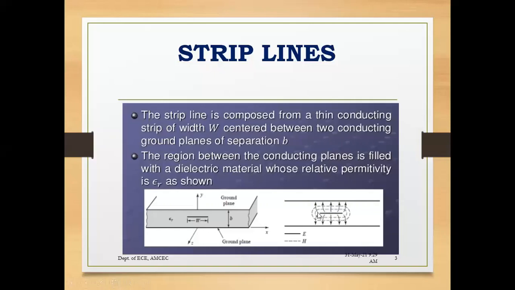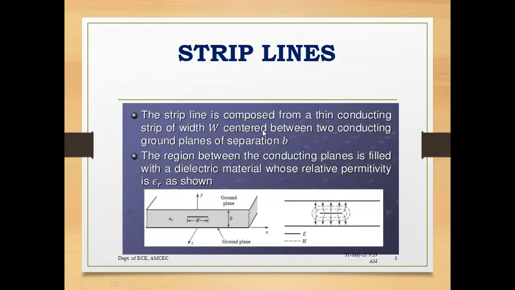You can see here how it is moving. So the electric field is towards the upside and downside, but the field is across the center of the strip line. Where the dimension that we have taken, that is B here, is less than half wavelength, that is lambda by 2, so the field cannot shift in the transverse direction. So what happens is it will be concentrated in the center.